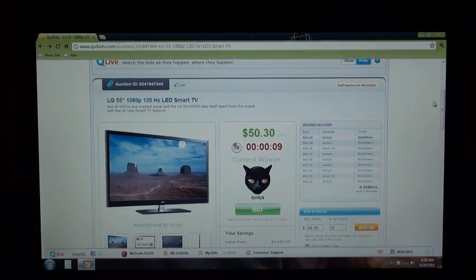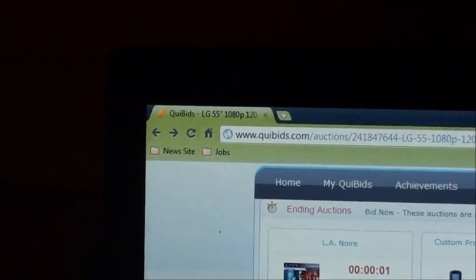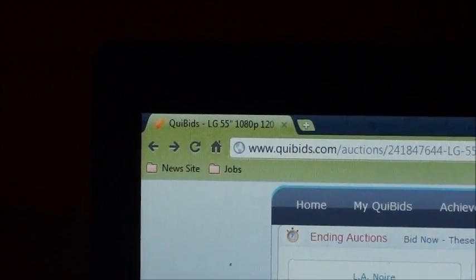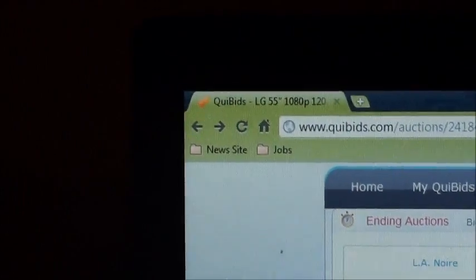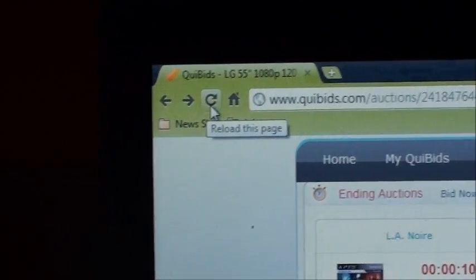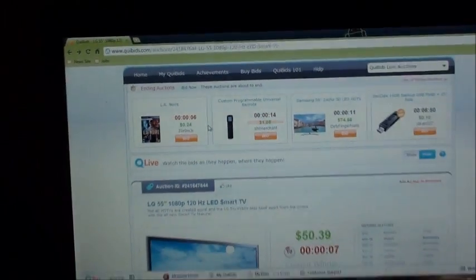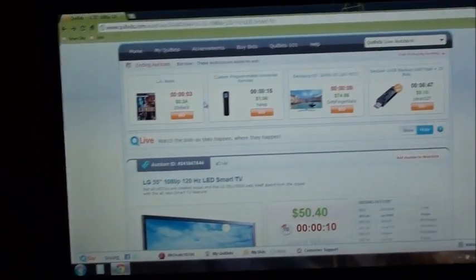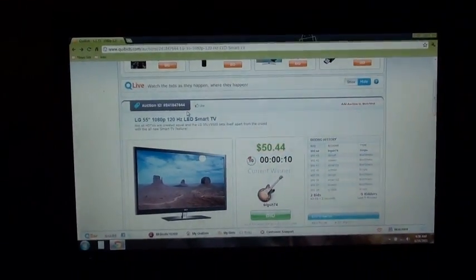When I say refreshing, I'm using Google Chrome. You see that curved arrow next to the home button? Right here. Just refresh. It says reload the page. That's refreshing it, and it's going to take you back to the page you were on. Refresh it once in a while, especially if you're watching a bid, because this site